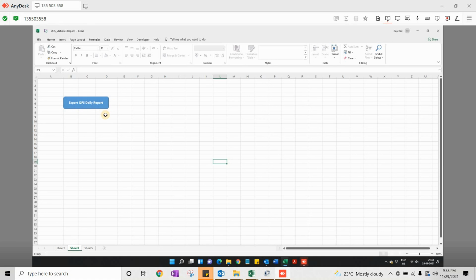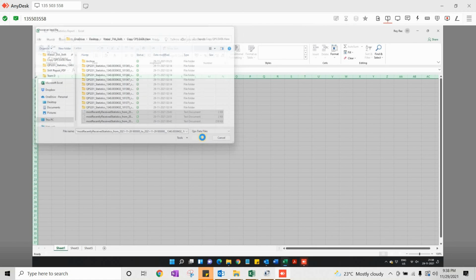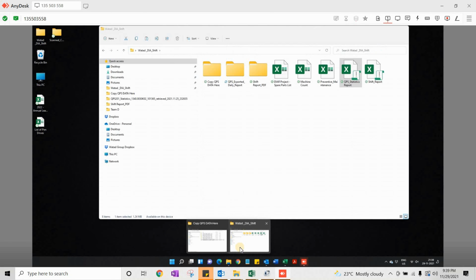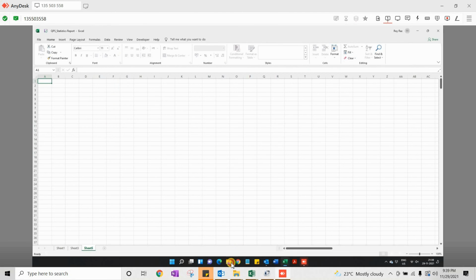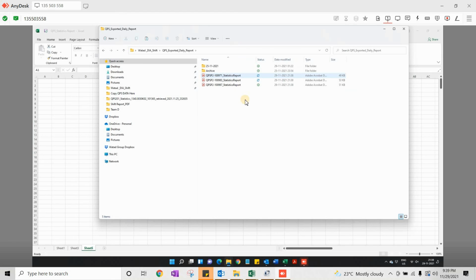Once open, you will find this export QPS daily report. Just click on that and it will take you to the copy QPS data here folder. Just select all the files which you have collected, press OK. Once the buffering stops, go to the folder QPS exported daily reports.